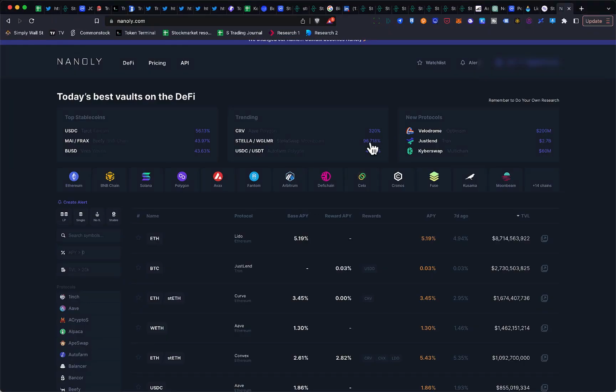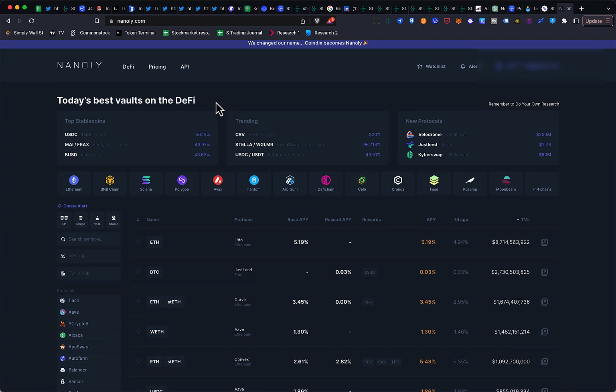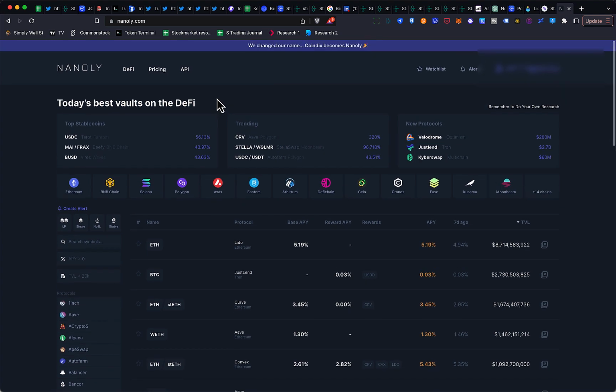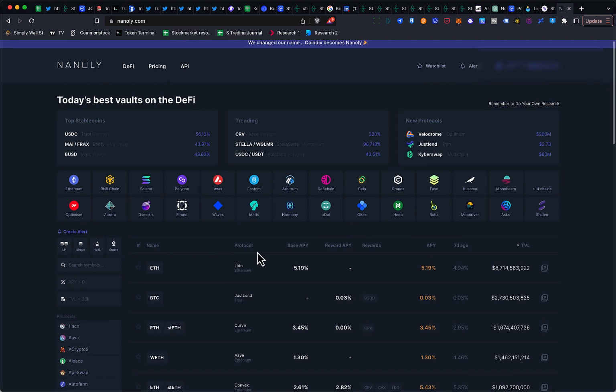Hey guys, so this is a quick video to show you this very interesting website called Nanoly, and what it does, it shows you the best vault on the DeFi. So if you are somebody who's using DeFi for the swap or for providing liquidity, you will find a lot of value here. So what it does is it basically find different vault on various blockchain, and there are a lot of blockchains here, and it shows you which protocol is offering how much reward, and you can